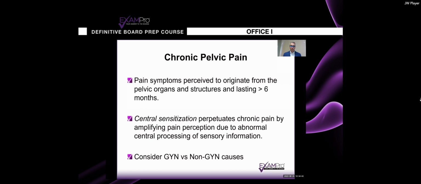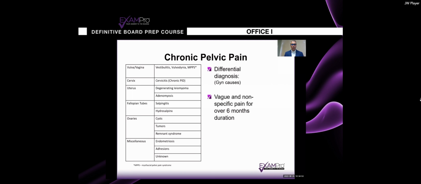And remember that chronic pelvic pain can originate from GYN sources or non-GYN sources. Let's talk about this for a second. I'm going to go to the next slide. I'm going to show you 2 slides, and I think they are important for a number of reasons. First, if in the exam they look at a case and say, I want to ask you about your differential diagnosis for patient 26 with chronic pelvic pain,